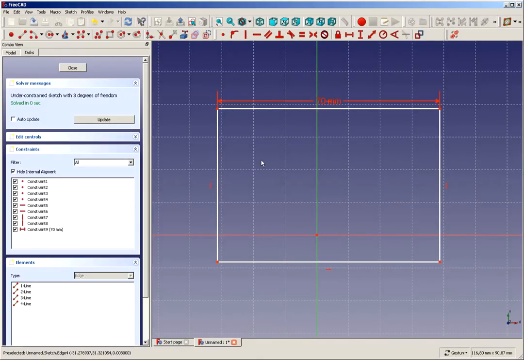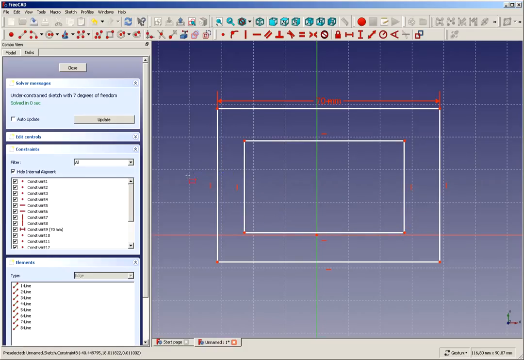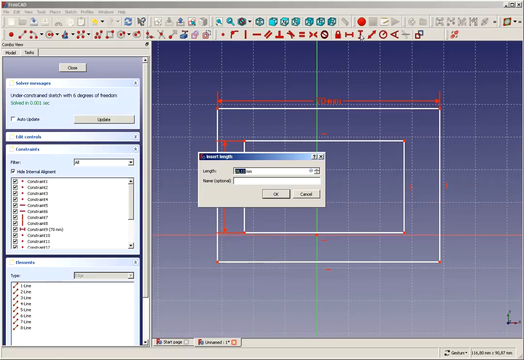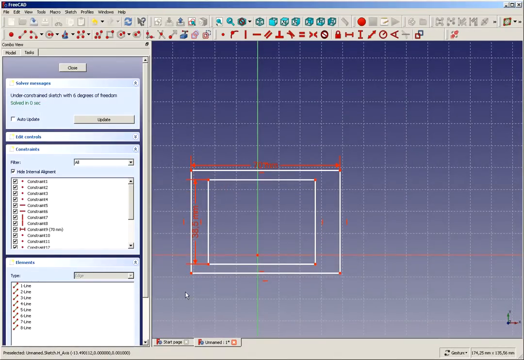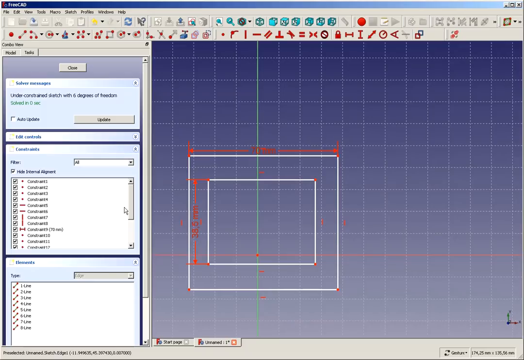The next thing that we need is the height. We know that the inner height should be 38.5 millimeters, and we want a wall thickness of 4 millimeters. Well, we could calculate this value, but we're going to do it a little bit differently. I will create an inner rectangle and give it a height of 38.5 millimeters. So we move this and we see this one is a little bit bigger, and what I'm doing is I'm going to fix